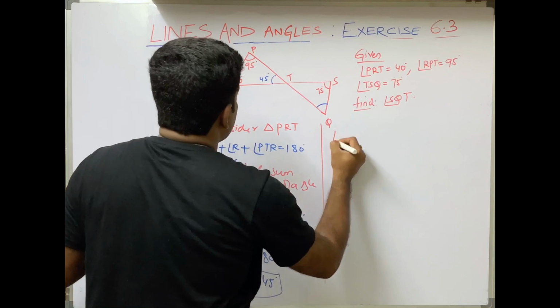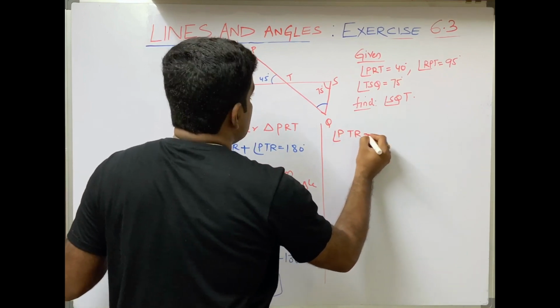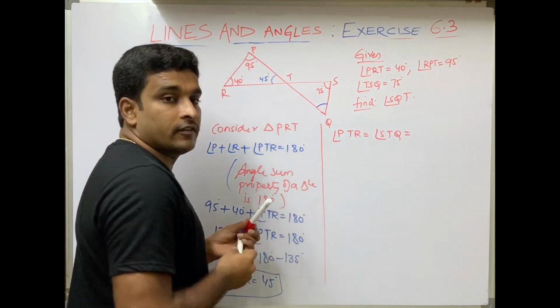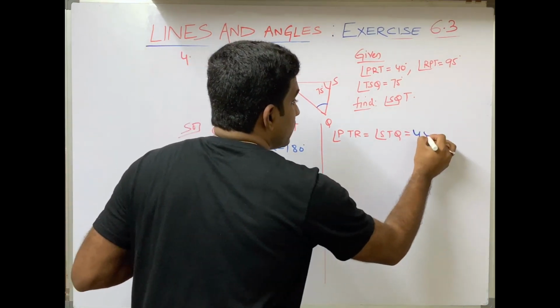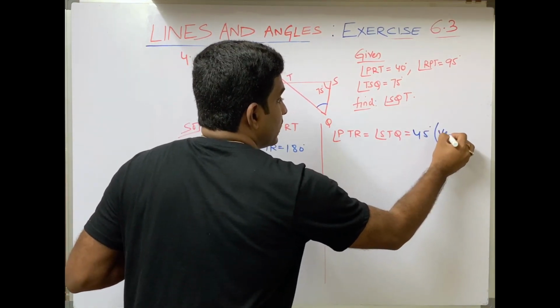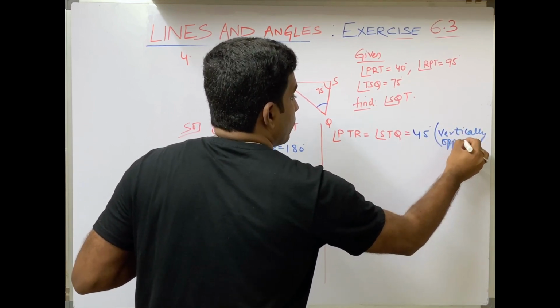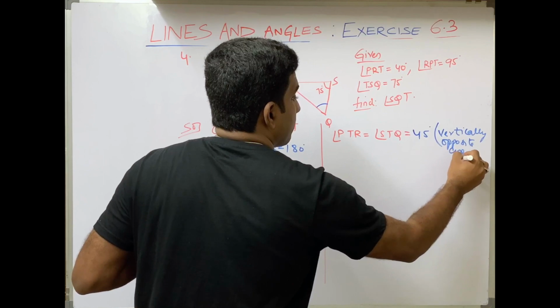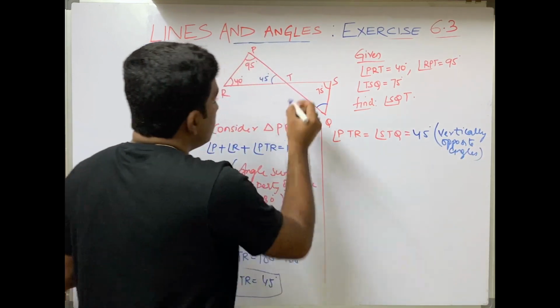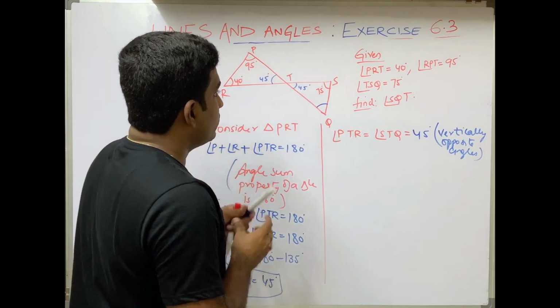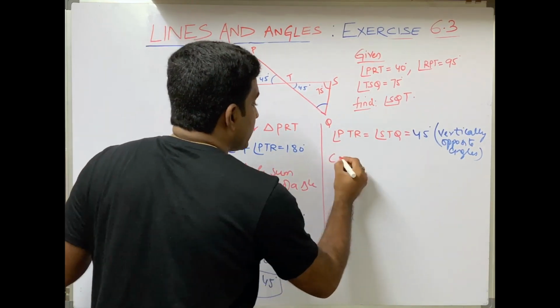Now angle PTR is equal to angle STQ, which is equal to 45 degrees. Can you tell me why? The reason is vertically opposite angles. Clear? That means this one we got as 45 degrees. Now in the same process, consider triangle